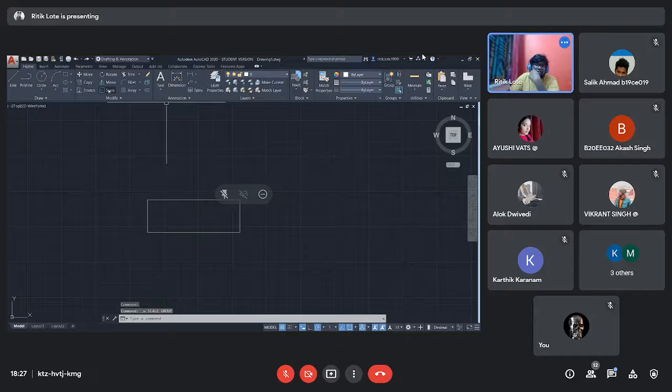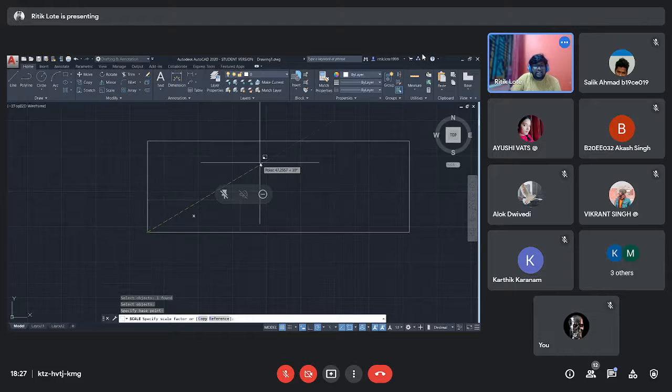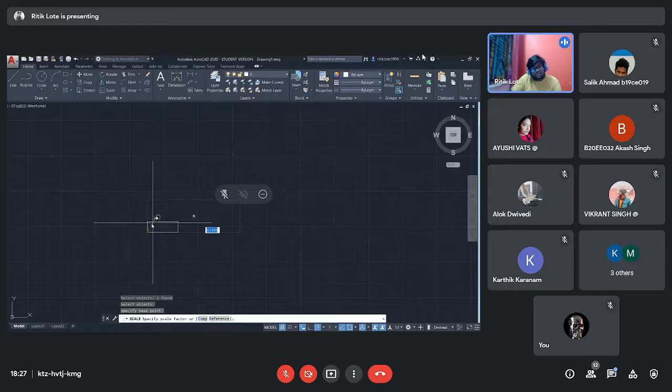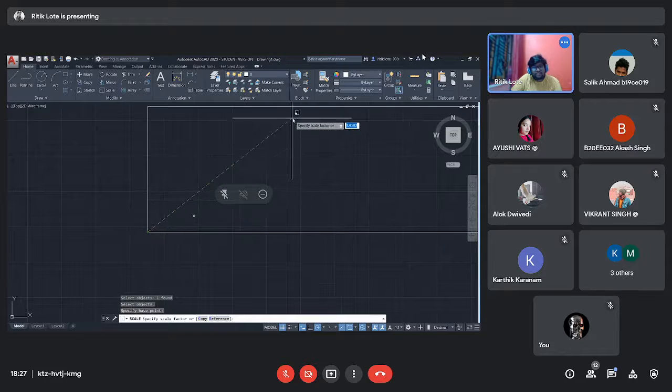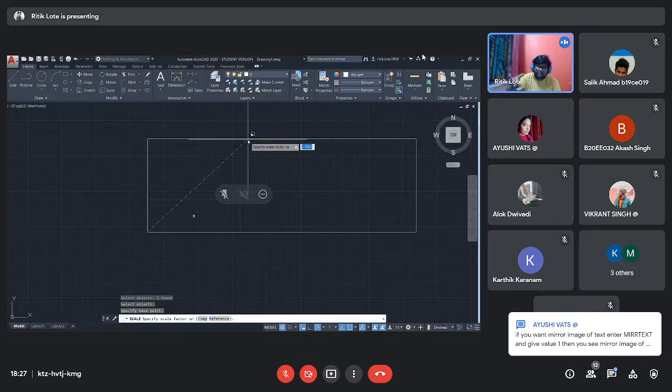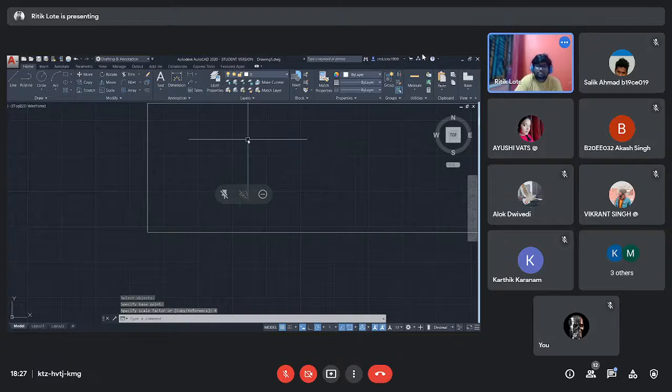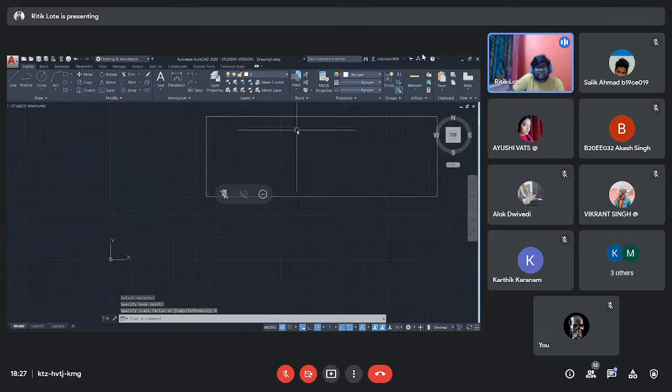Also, what we can do is, after selecting the scale, beforehand I took the base point at the center. What happens if you take the base point at any of the different corners, any of the endpoints? Just select the endpoint. Now you will notice that the figure starts scaling from that particular base point. At first, it was scaling from the center. Now it's scaling from that particular endpoint that you have specified. So here you can give the base point, here you can specify the scale, and your object is ready.